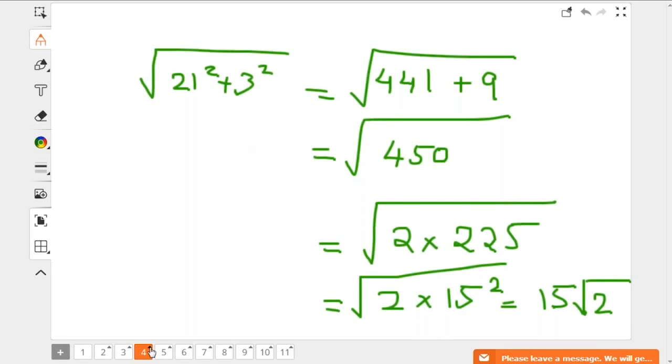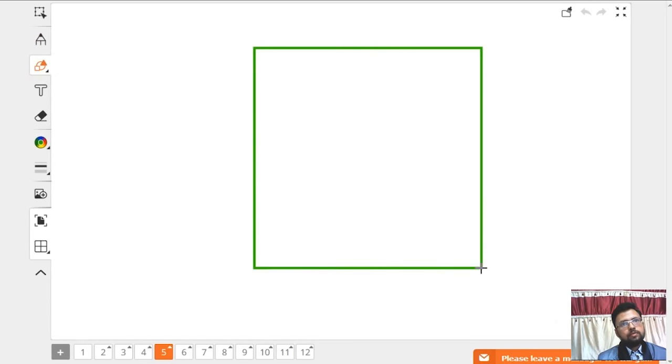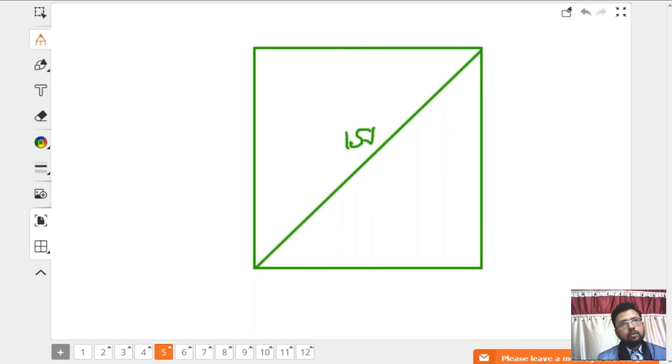Now can we find the side of the square? If the diagonal of a square is 15 root 2, then what will be the side of the square? If you know trigonometry, you can directly use trigonometry because this angle is 45 degrees. If not, you can also